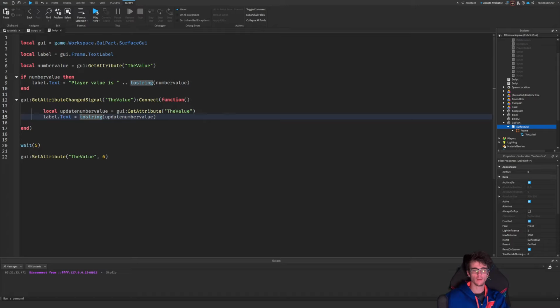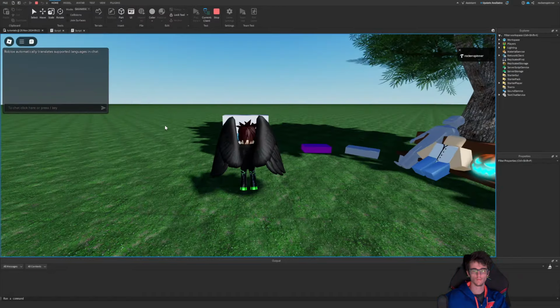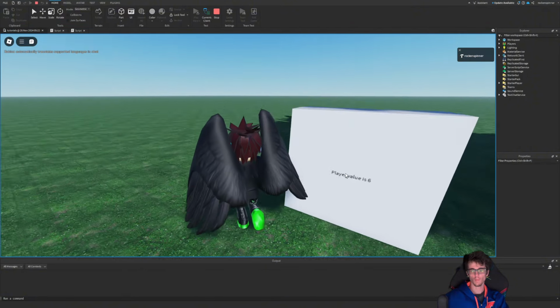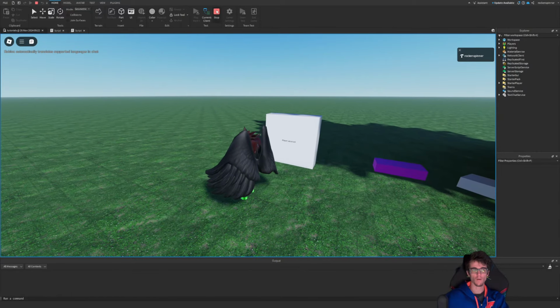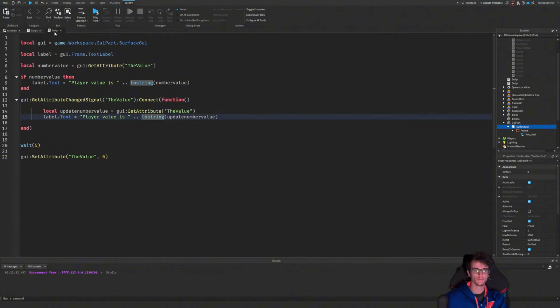Also for up here, it is going to get rid of the text player value is. So we'll add that in just to keep it consistent here. There we go. We'll do play here. There you go. As you guys can see, it now will update it to what it is supposed to be